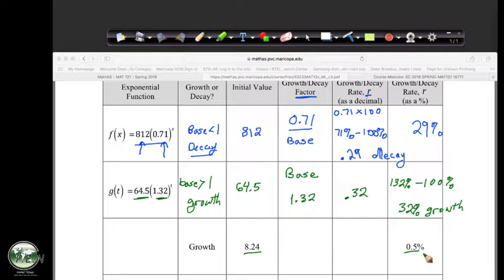So what do I do when I have the rate? How do I get to the base? Do you remember, what do I do? So when I have the base, what do I do to it to get to the rate? I subtract 100. So when I have this, if I'm going backwards, what do I have to do? Add 100. Good. I have to add 100. Now, if this was a decrease, I would put a negative on this. So all I got to do is I got to take this percent, add 100% to it. So when I've got the rate,